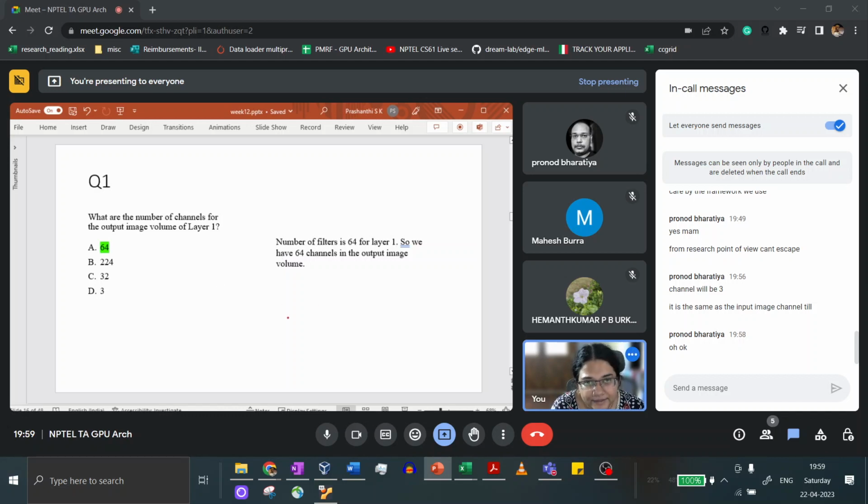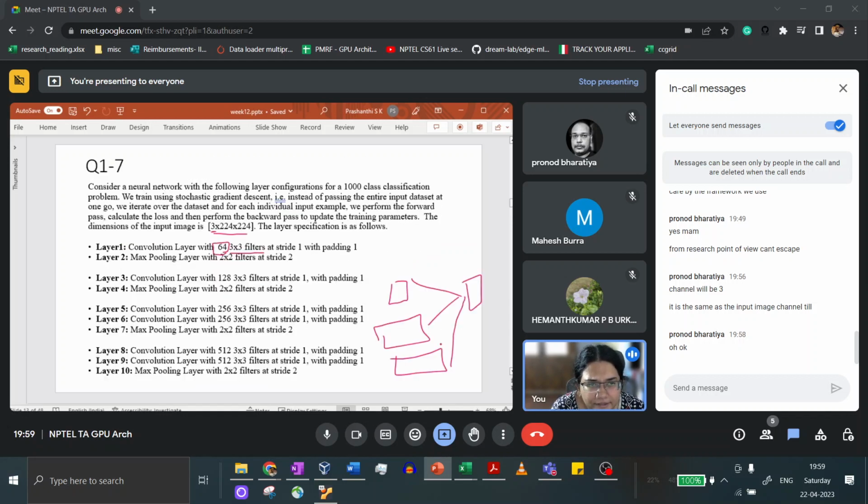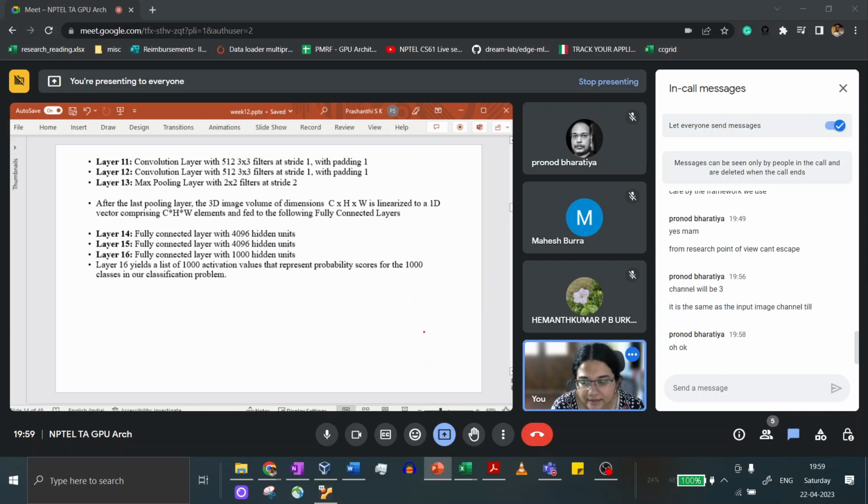And why is that? Because you do this element wise addition that you saw in week 11. So if you are a little confused about what happens in a convolution layer, you should go and look at that slide from week 11, which shows an image with multiple channels and multiple filters. I remember this picture that was there. The filters act on all of these channels, and then ultimately you do an element wise addition across the 3 channels to get one output. So that's how it is.